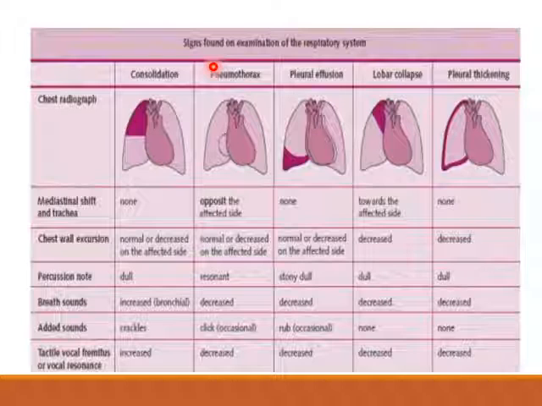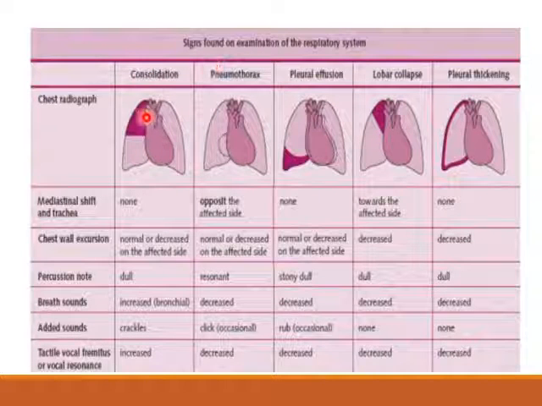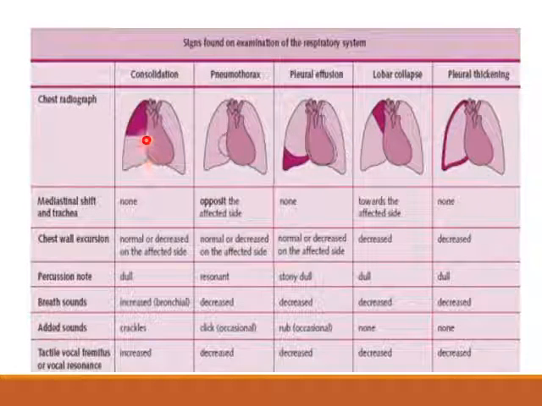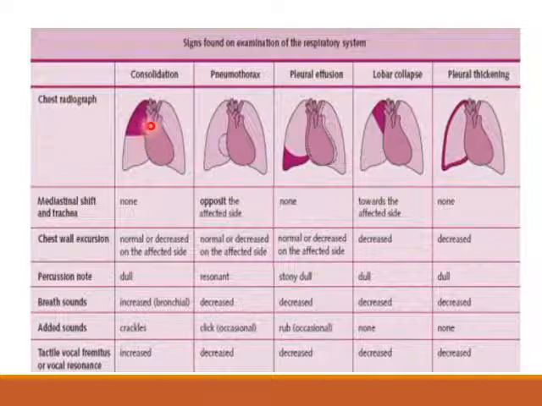Never tell your examiner that the patient has wheezes or crepitations. You have to follow the scheme. First, the type of breath sound. For example, this patient has pneumonia in the upper lobe. So you may find